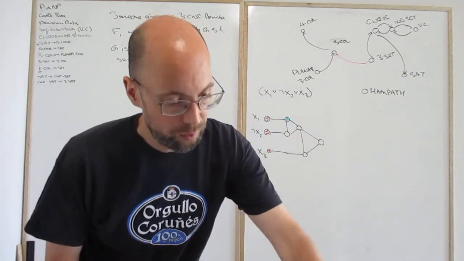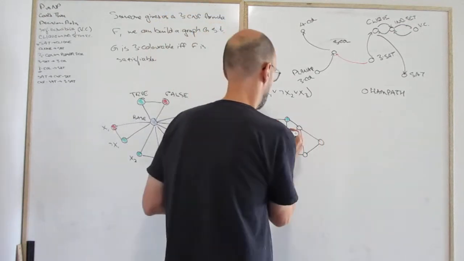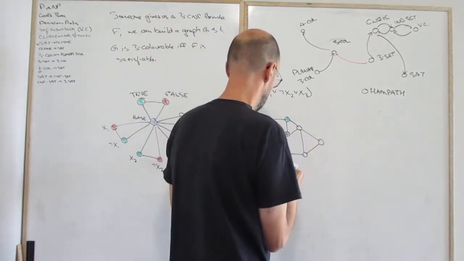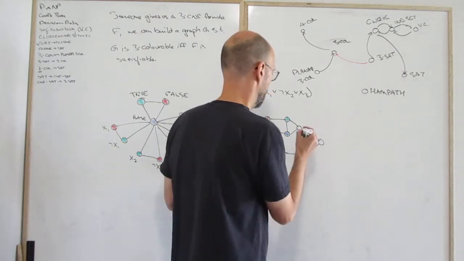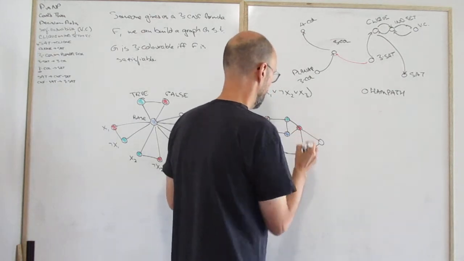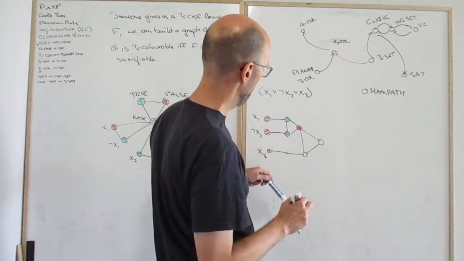Where is blue? Because it means this one has to be false. So if this is false and this is false,